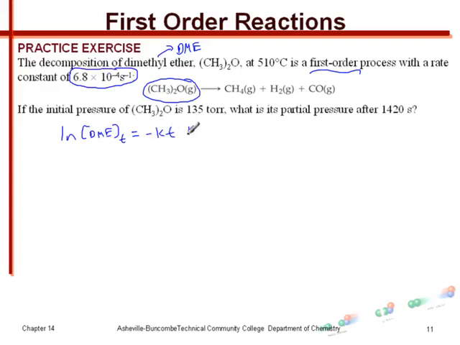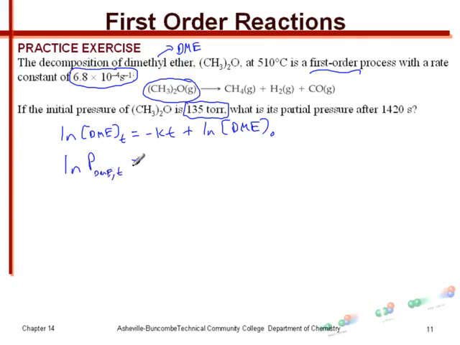And again, appreciate the fact I did partial pressure initially, I did concentration for that last example, and I'm doing concentration here as well. Partial pressures and concentrations are interchangeable here. The only difference is the units are going to be different. Oh, actually, we're in torr, so it's not going to hurt me. I am going to